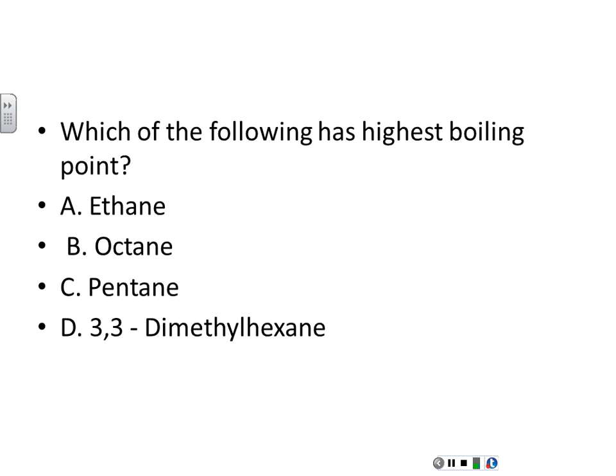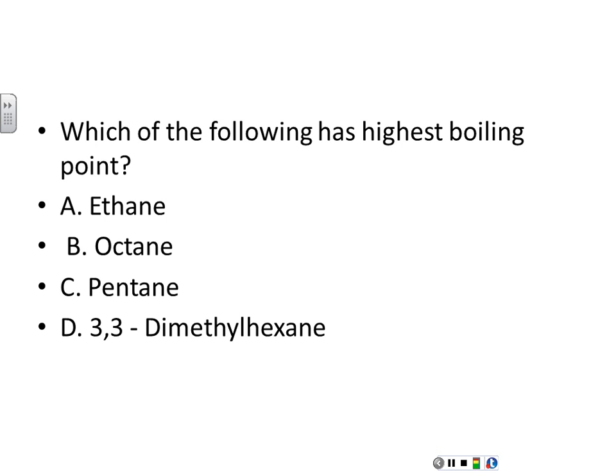If it says 3, 4 dimethyl, it's in third and fourth position. If it says 2, 3, in second and third, so whatever position is there, it's the same. If it is 1 methyl, it will just say 1 methyl. So now, if you see, this one has 8 carbons, this one has 8 carbons. Correct? Total 8 carbons.